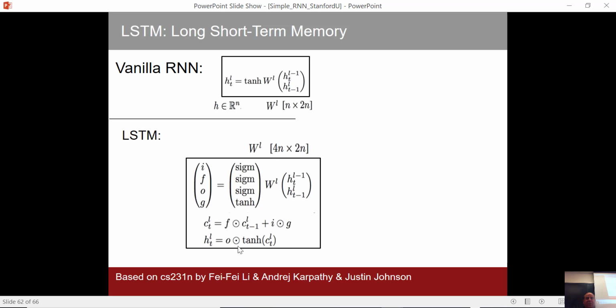If the f equals 0, i equals 1, and o equals 1, then the expression here becomes exactly equal to this simple RNN. So what is the point? The point is that this model, this cell, adds flexibility and capabilities to the neural network and makes it part of a family of gated neural networks,